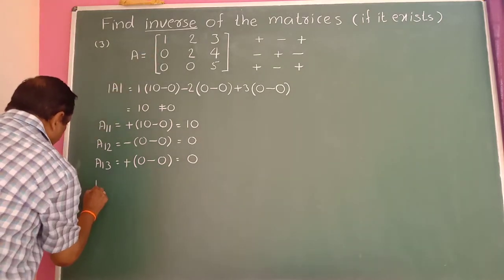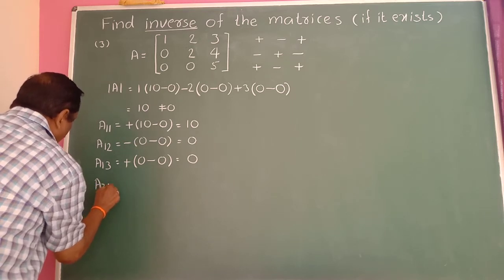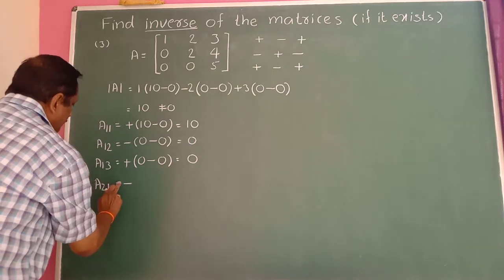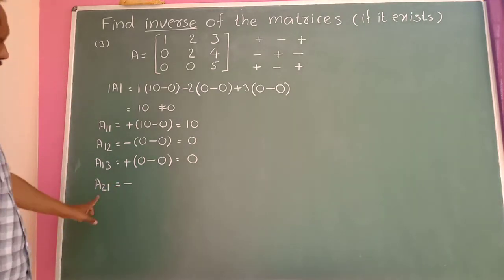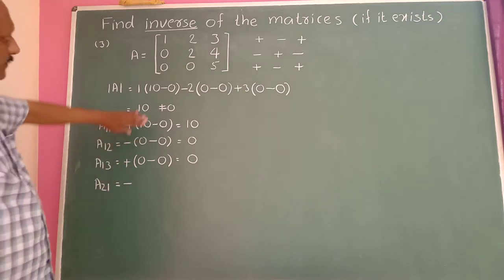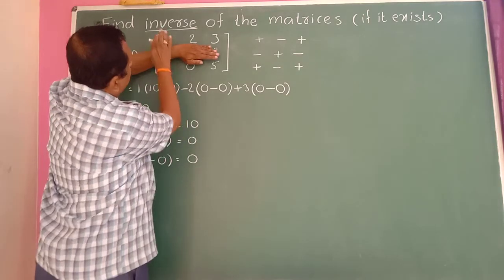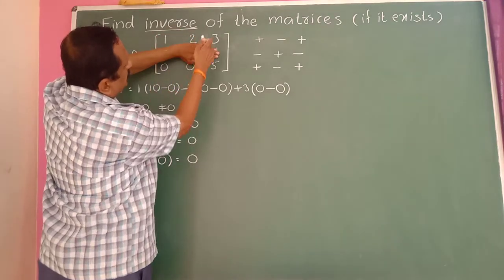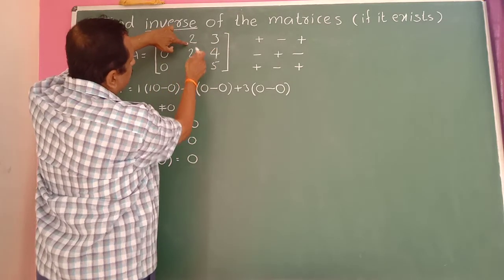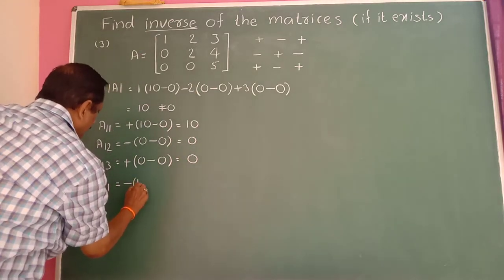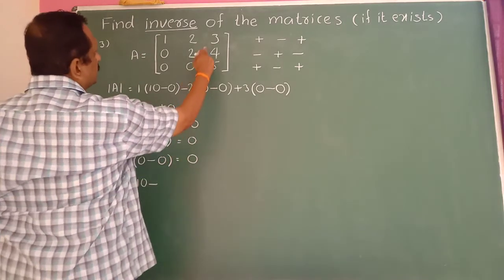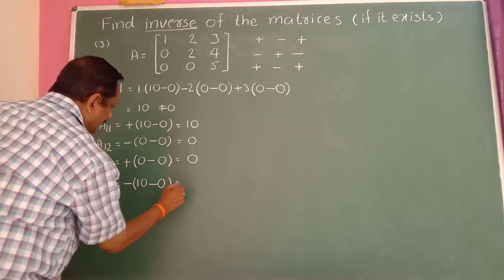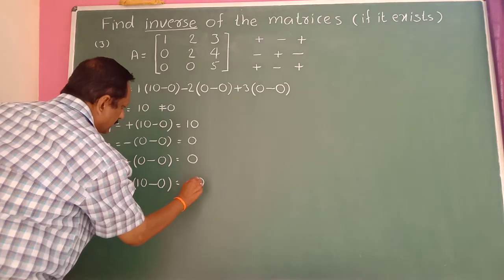Next find the cofactor of this element here, A21. A21 is equal to 2 plus 1, 3, odd number. So take minus sign here. Deleting second row, first column. This second row elements here, first column elements like this. Then the remaining elements are 2, 3, 0, 5. 2 5s are 10. So it is 10. Minus of 0 into 3 becomes 0. So minus of 10 here. So it is minus 10.